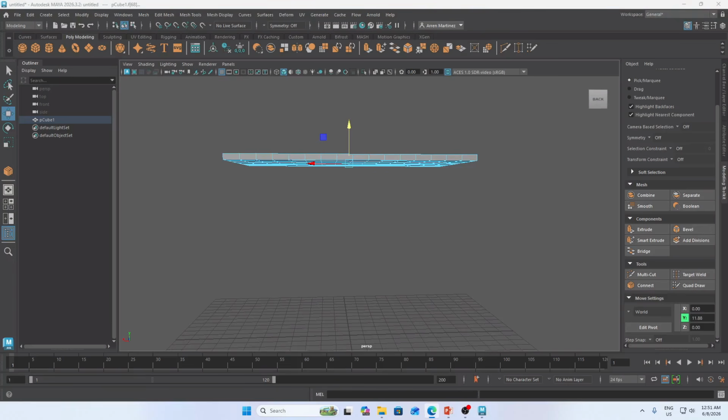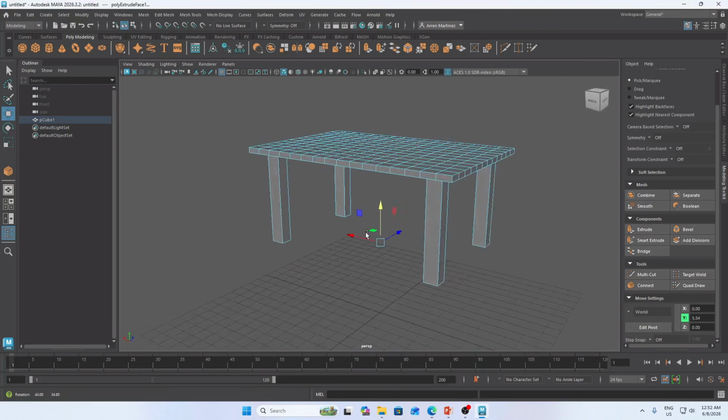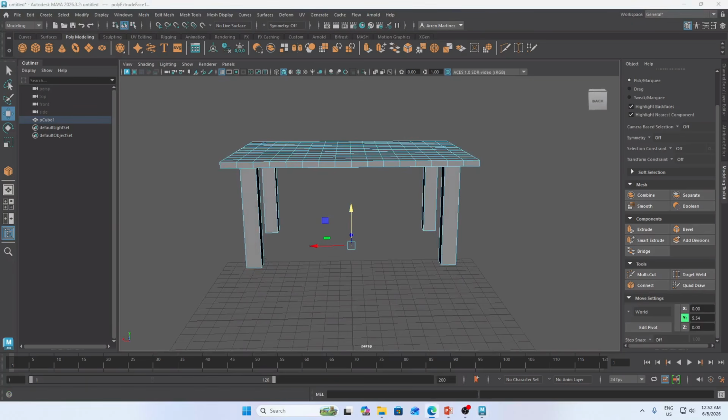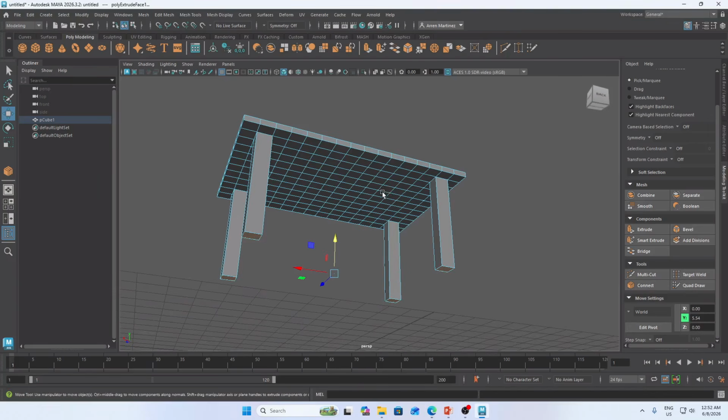Extrude is pulling new geometry out of existing faces. We will pull this, but what? New geometry. So, just hold shift, and then while in your move tool, you can see the word extrude. Okay, so just drag it down, and here you go. It creates another geometry out of the existing faces.